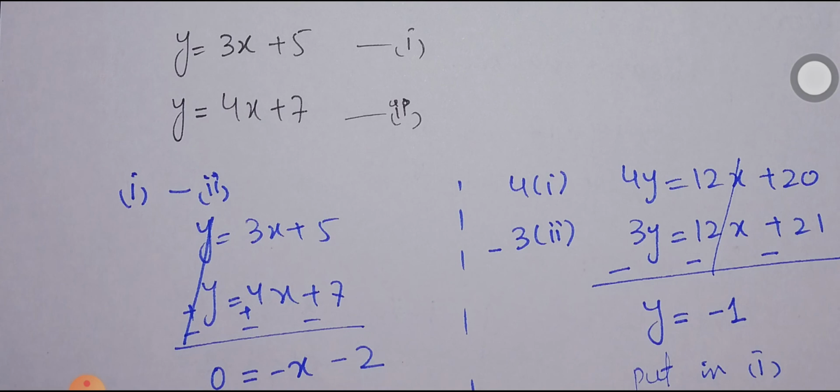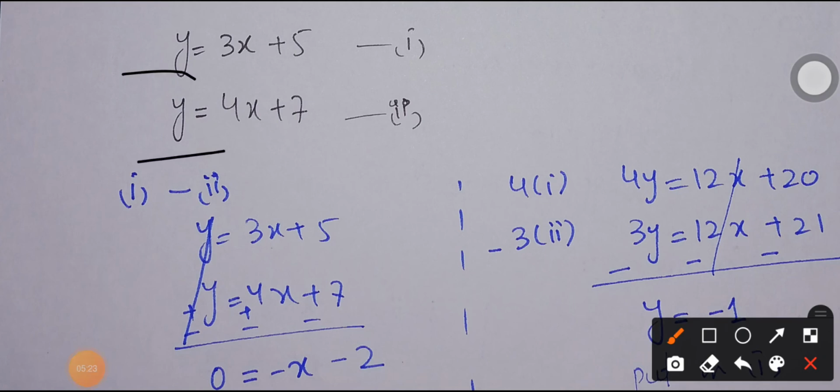So for elimination method, if I want to eliminate y, the question will be simple and easy because the coefficient of y is same in both cases, that is 1 and 1. So we can easily move towards the second step. Now we will check the signs, as y is having positive coefficient in both equations, so it means I need to subtract the two equations.